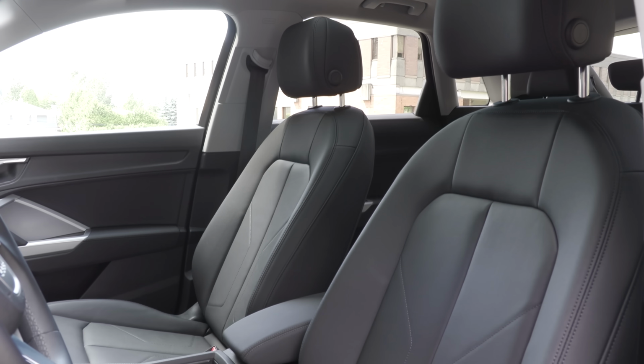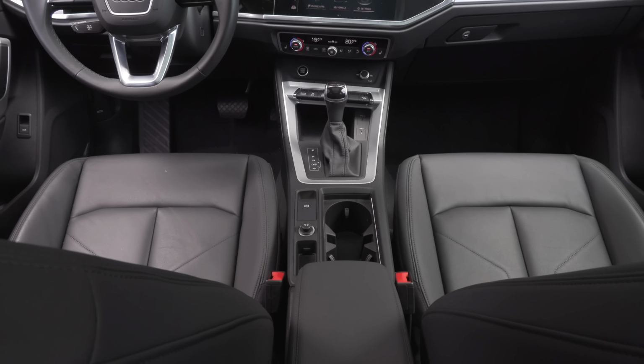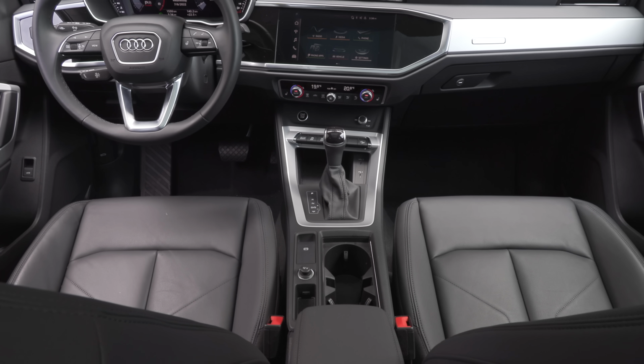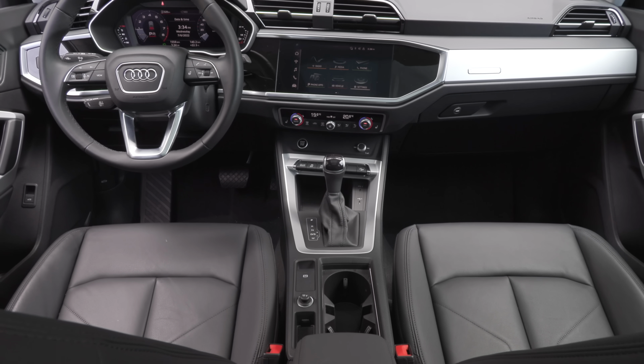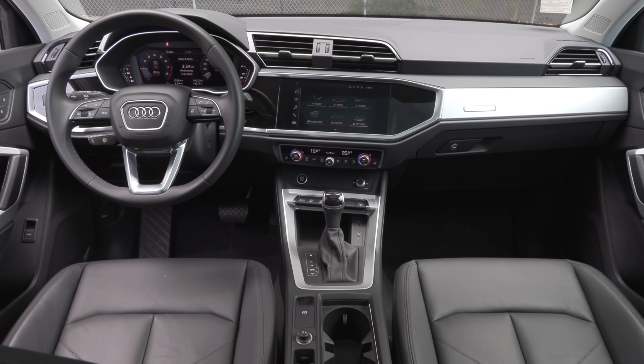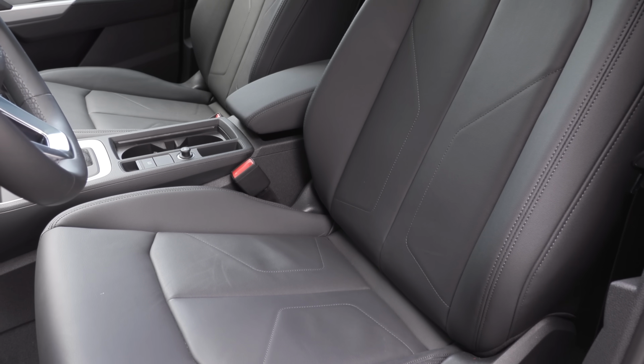Now, one thing that's interesting, we drove this vehicle about 2 years ago, and that's why we decided to get it back. It's been a couple of years. One feature it didn't have as an option was memory seats for the driver. That has now been added, and that's a big deal. So you get a car equipped with memory seats, the pano roof and the nice screens. That's really all you need. Driver seat memory is only available on the top trim in Canada and as an option in the US in